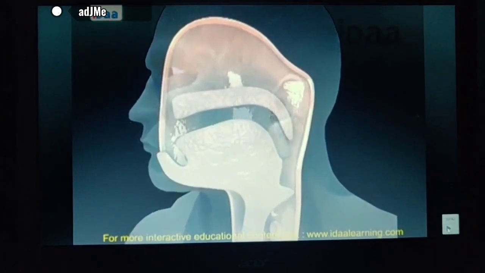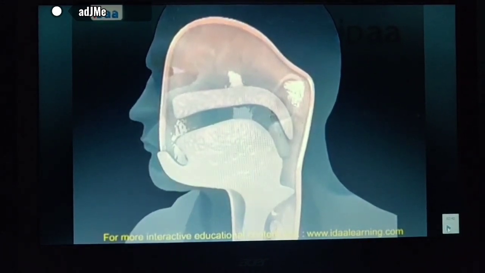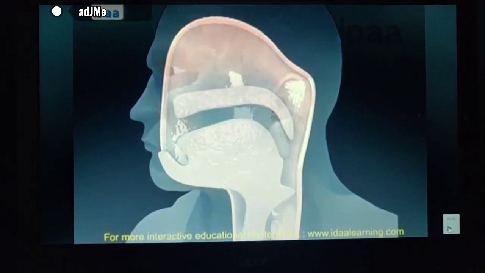That is, the air we breathe passes through the pharynx and it enters into the respiratory tract. Similarly, food and water also pass through the first pathway named pharynx. From there, the food enters into the digestive tract. We have a mechanism which separates the respiratory system and the digestive system, which is called